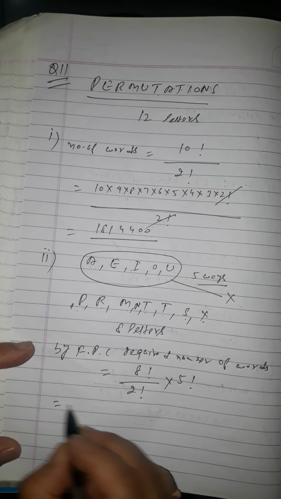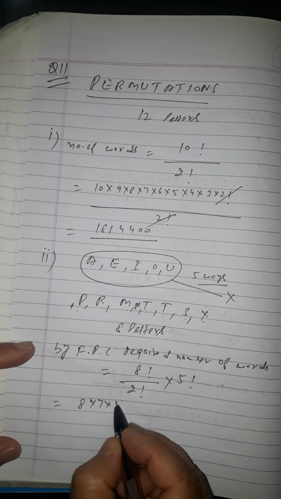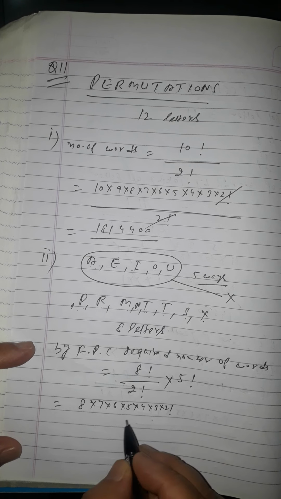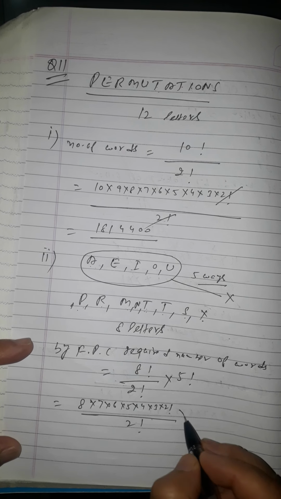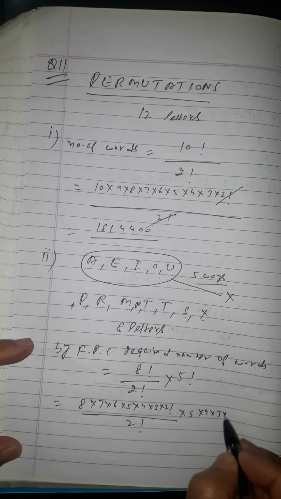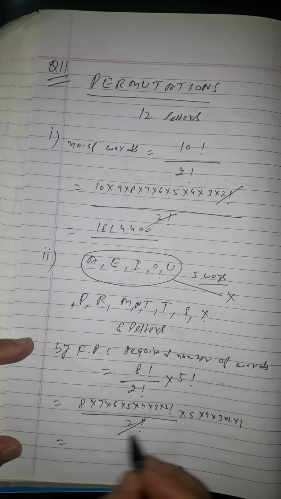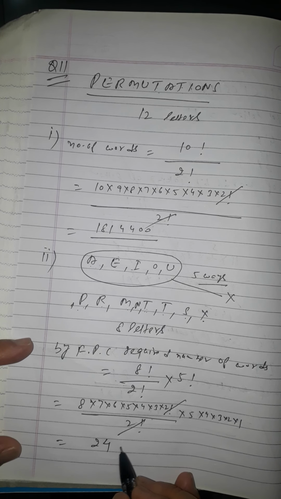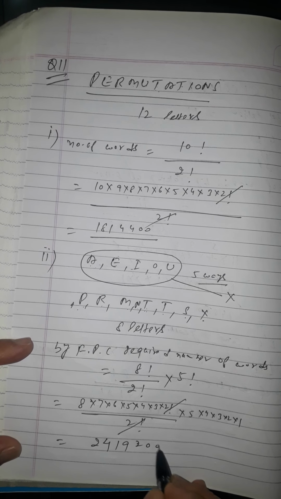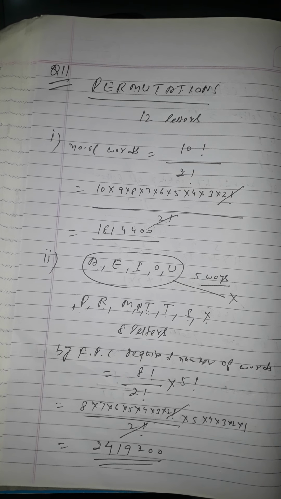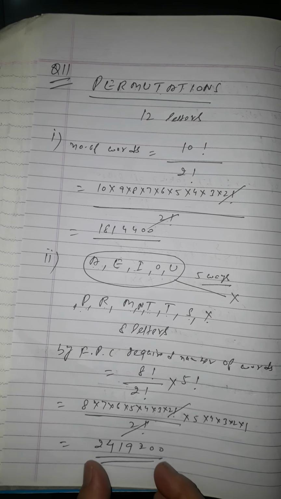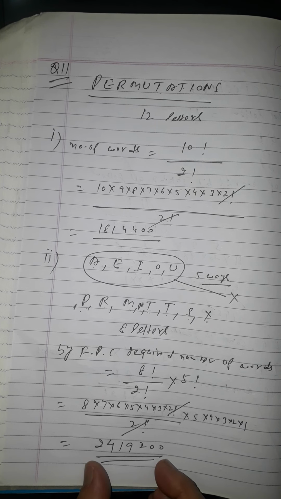So now what you can say, this is 8 into 7 into 6 into 5 into 4 into 3 into 2 factorial over 2 factorial into 5 into 4 into 3 into 2 into 1, and on solving, the answer you will get is 2419200 students. I have already multiplied them because it will take time, so the calculation work you do yourself, your answer will come as equal to this. So that is your question number 1, its second part.